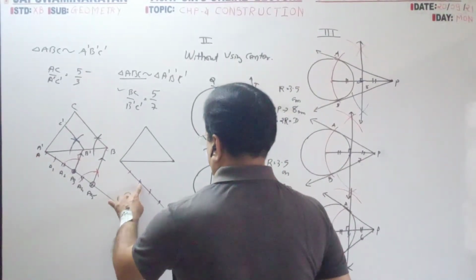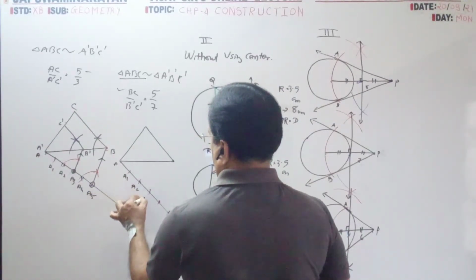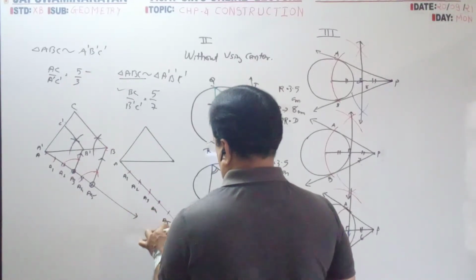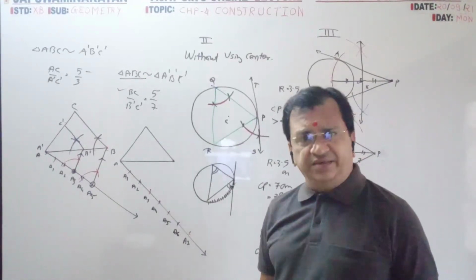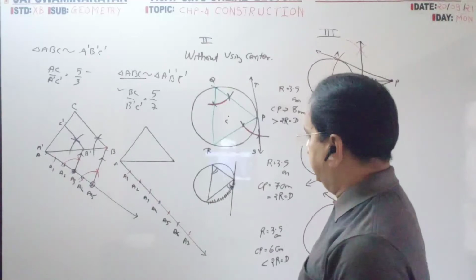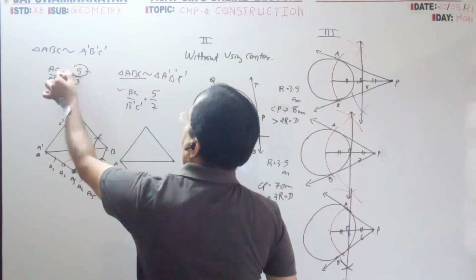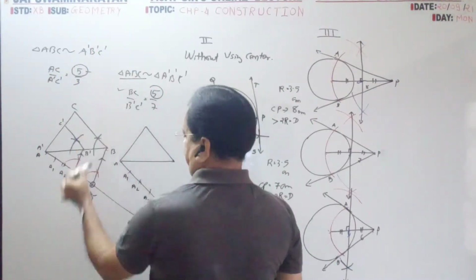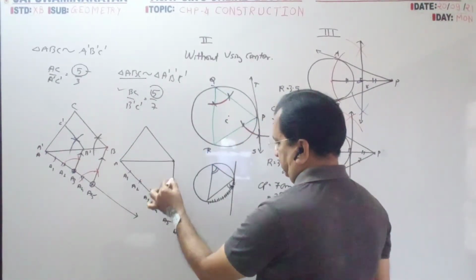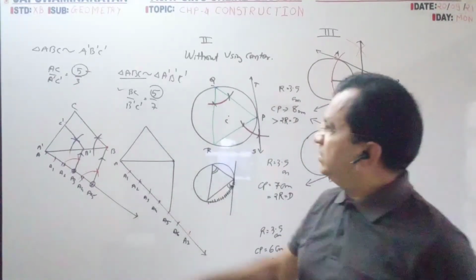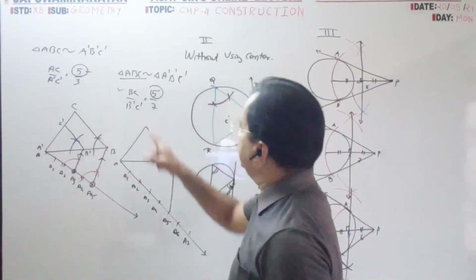Okay, neglect this. Suppose it is A1, A2, A3, A4, A5, A6, A7. Correct. Then here we have taken the maximum, and here also we have taken the maximum. Here we have taken the first numerator contact. This we have connected with this point. With this point, the fifth will be connected. Here also the fifth we have connected. Then from the third we have drawn the parallel. Here the fifth we have connected.